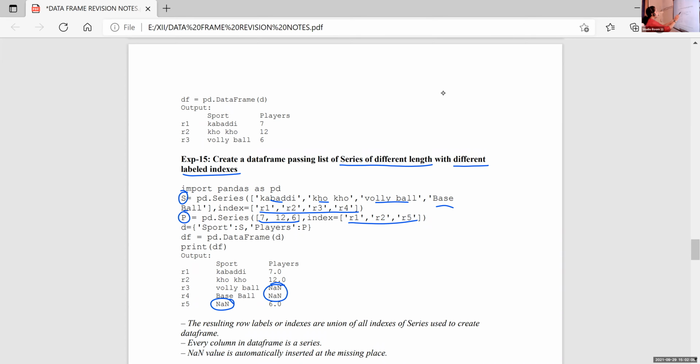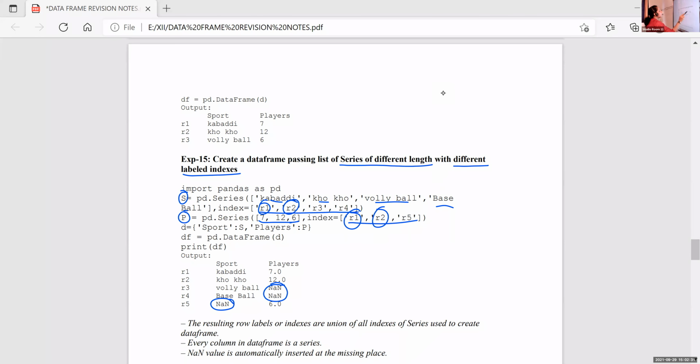Here in the case of Kabaddi, the row name is R1. For Kho Kho, the row name is R2. Volleyball is R3, but for R3 there is no player value. R1 is here and also here, R2 is here and also here.